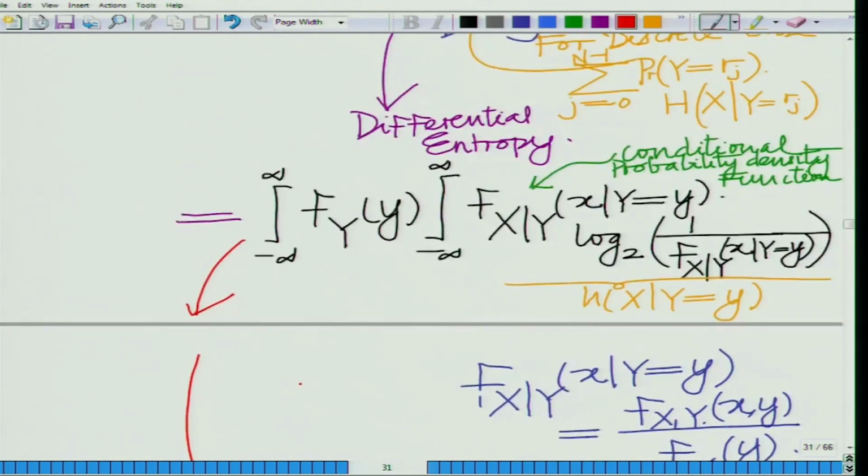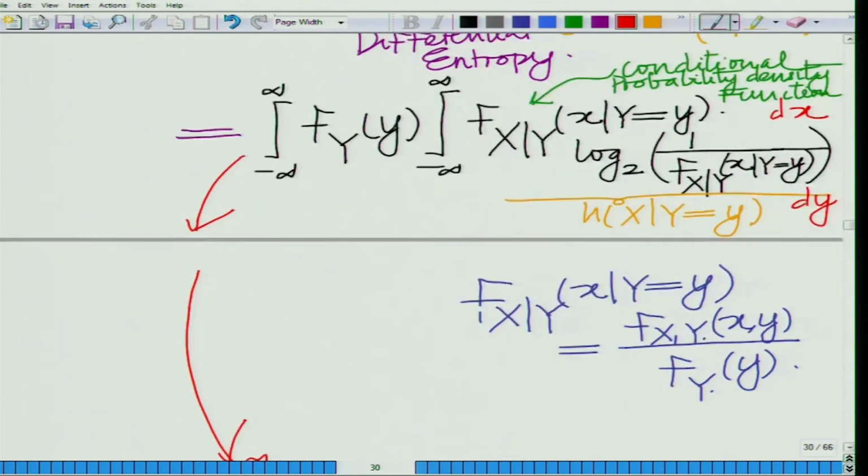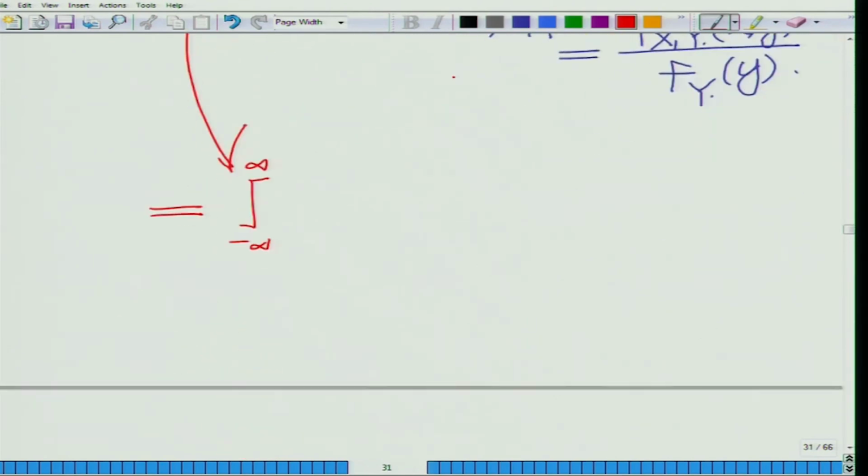Of course, there has to be an integral, here the integral will be with respect to x, followed by another integral with respect to y. And now if you look at this f of y, the probability density function of y, into f of x given y, it is nothing but the joint probability density function f of x comma y. And so therefore, you will have, combining these two,